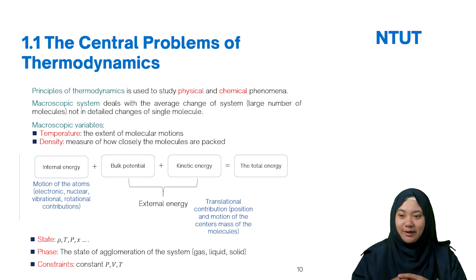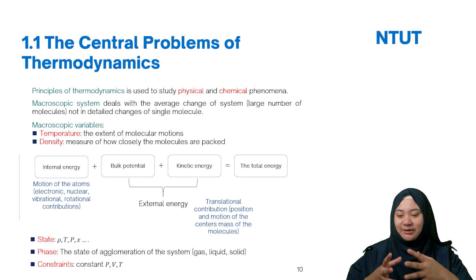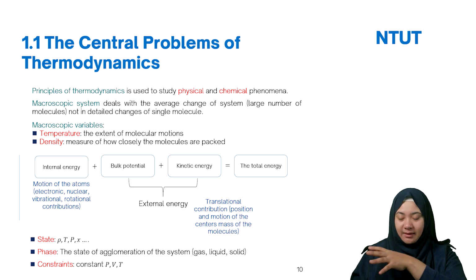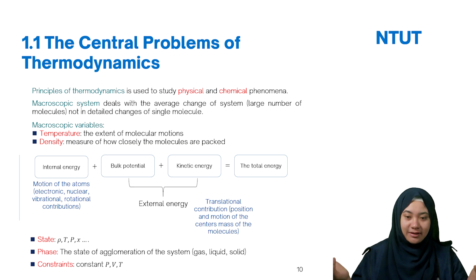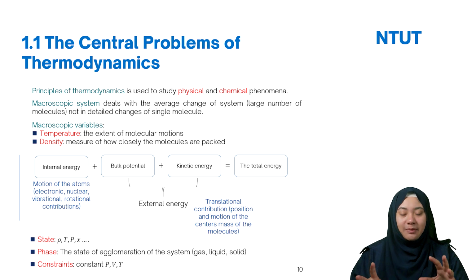For example, if you have heat moving, it's like you touch your friend, and let's move the heat. That is the way heat moves. It is based on vibration, rotation, and then the nuclear and electronic. And potential. Potential here is because of a difference in height. So you have potential energy.